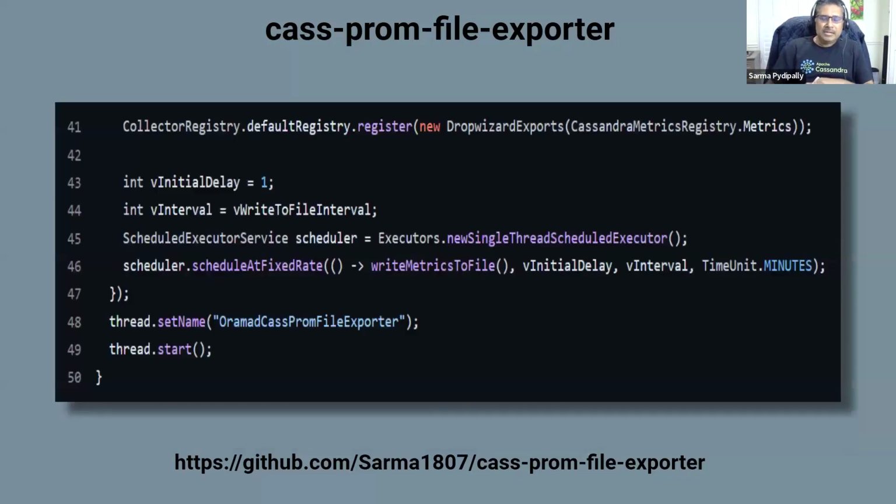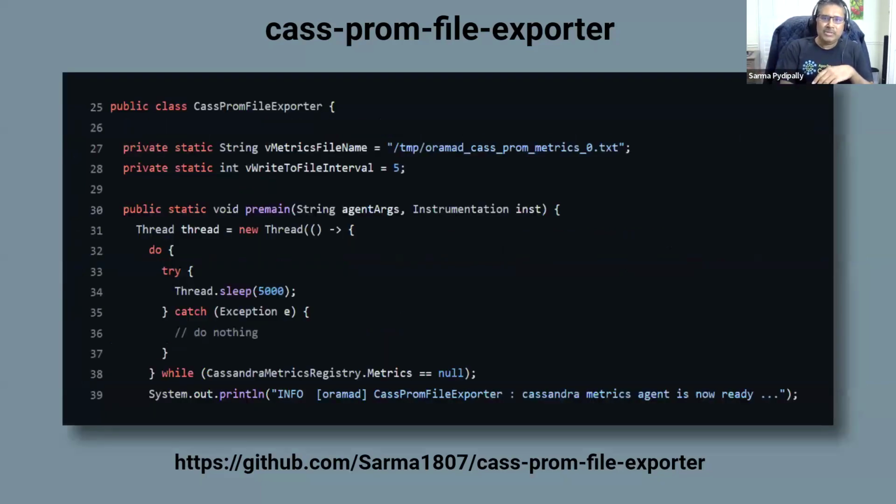Then continuing that code, once the registry is ready, it will register itself, and the agent is listening. Now the agent has access to the metrics, and there is a pre-configured interval which was defined previously. I want to write every 5 minutes, take these metrics and write them into a file. 5 minutes is okay. Basically we have a 40 node cluster, 2 nodes going down, no big deal.